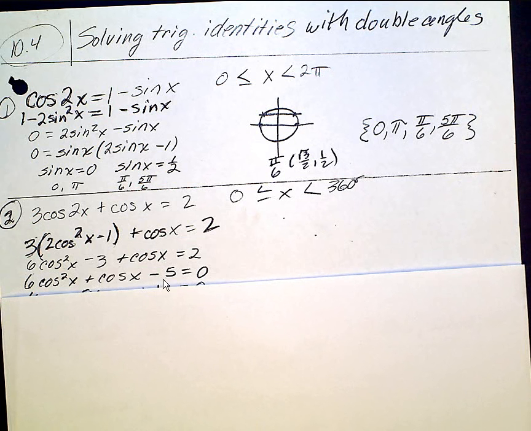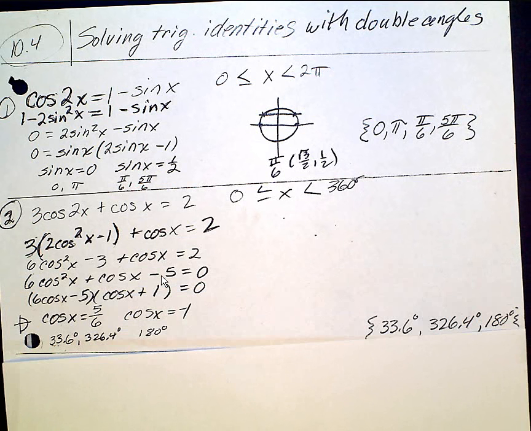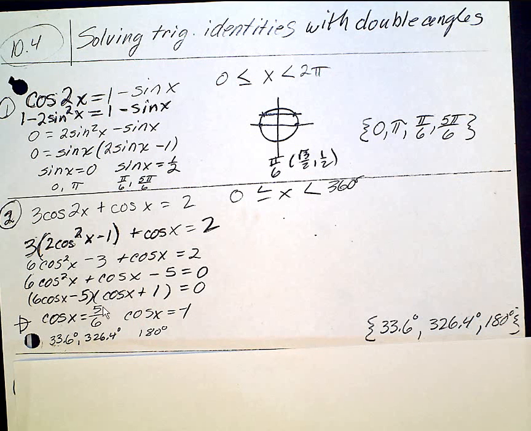You want to get this factored and set each one equal to 0, which I do here. It's 6 cosine x minus 5 and cosine x plus 1. So you're going to get where's cosine x equal to 5/6 and where's cosine x equal to -1. Punch 5 divided by 6 into your calculator and then hit your inverse cosine button and you'll get 33.6 to